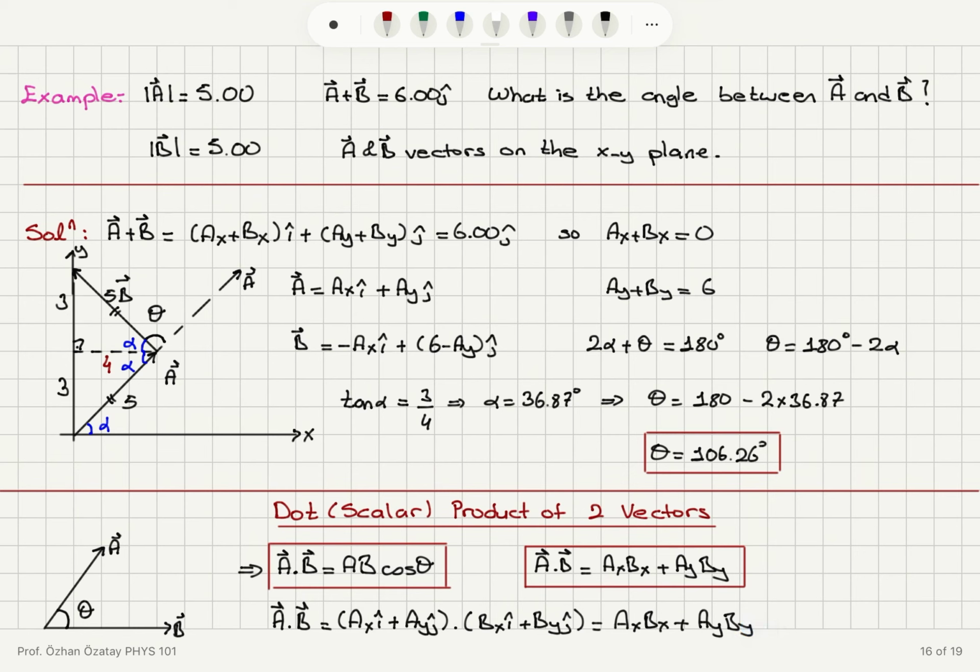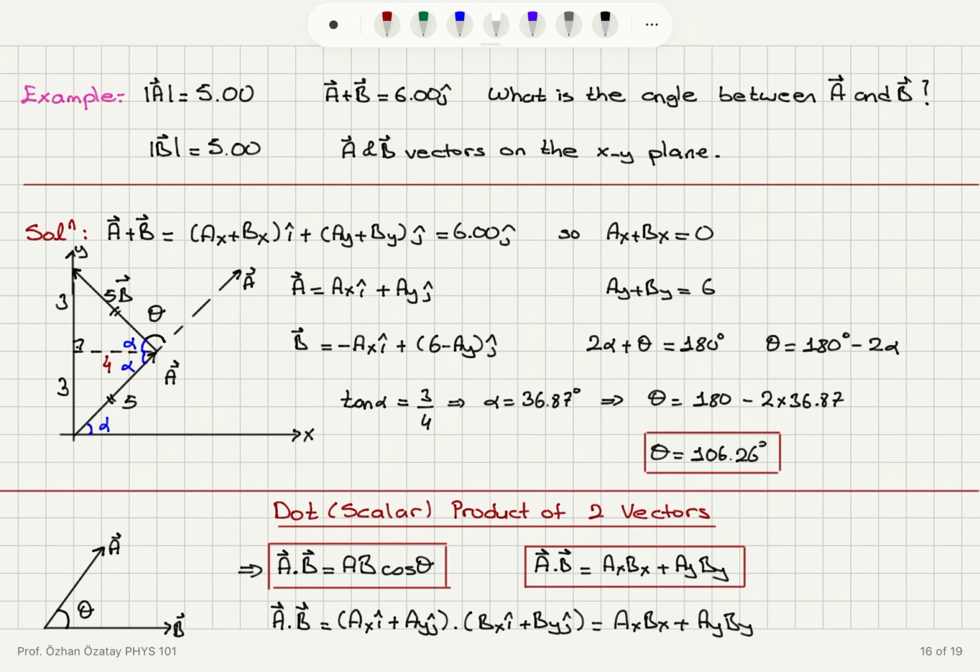Now we can define two types of products of two vectors. One is called the dot or scalar product. The other one is called the cross product. Now in the dot product of two vectors, vector A and vector B, the dot product is going to give us a scalar quantity which is found by looking at magnitude of A, magnitude of B multiplied with cosine of the angle between them. So if you take the dot product